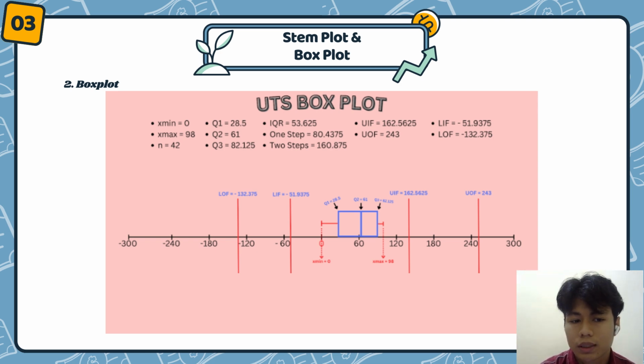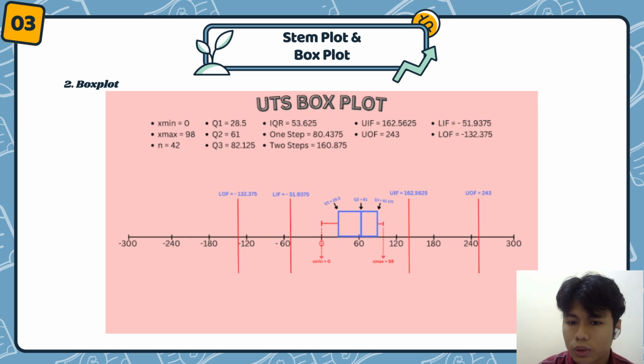and upper inner fence. After we calculate one by one from the formula, we have the value for one step is 80.4375, two step is 160.875, for upper inner fence is 162.5625, for upper outer fence is